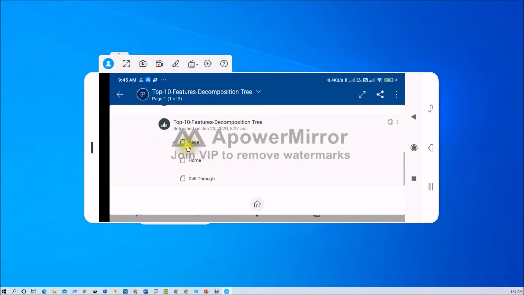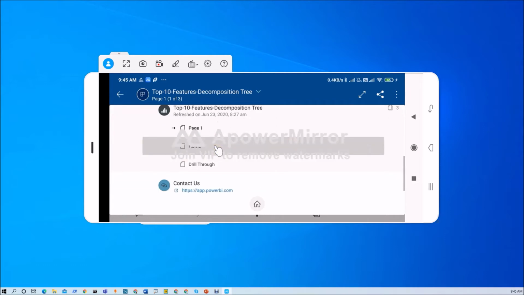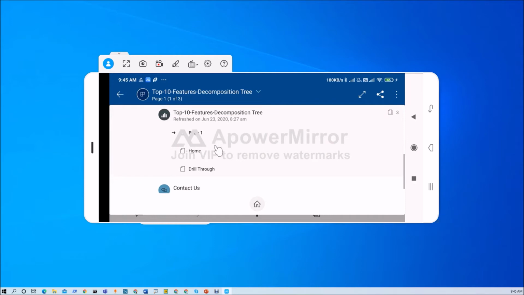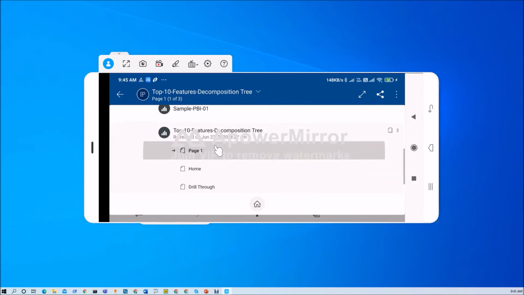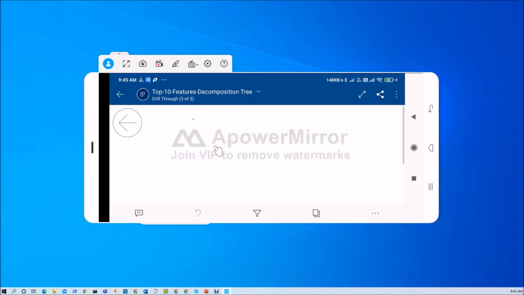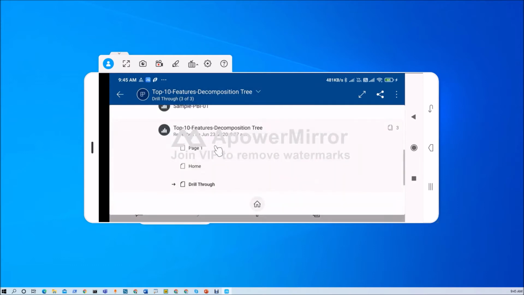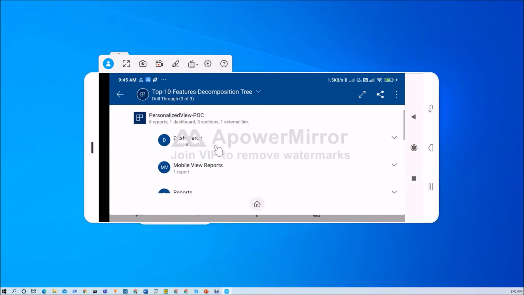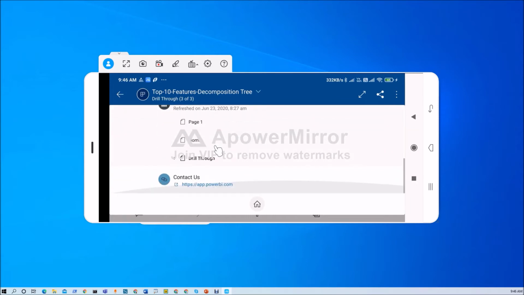The arrow icon means that you are watching page 1 at this moment. Here it is showing all the available pages from your report. At this moment in my report I have 3 pages: drill through, then the second one was home, and page 1, right? So it is showing me that, and the current position in the tree view is mentioned by this arrow, right? In the same way this type of navigation is available, and you can navigate yourself anywhere. Now let's say this is one reference link. The same reference link is available over here as well, right? Whenever you click on it, you will be redirected to a new window to open that.